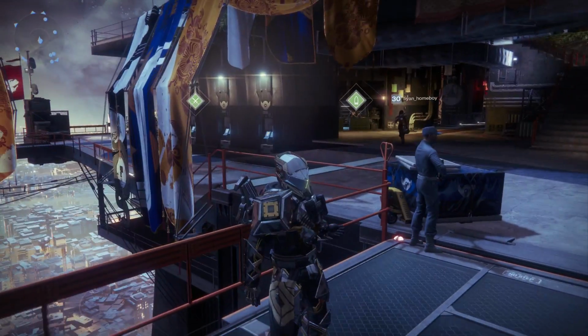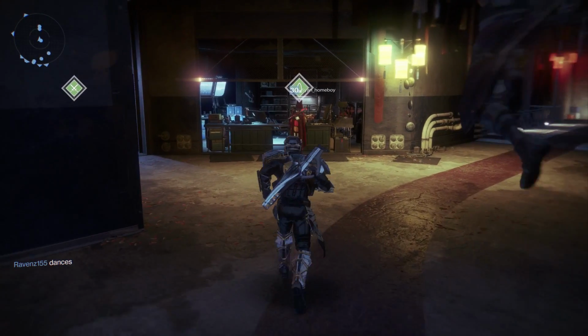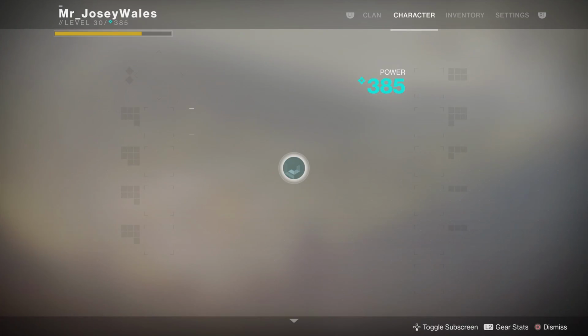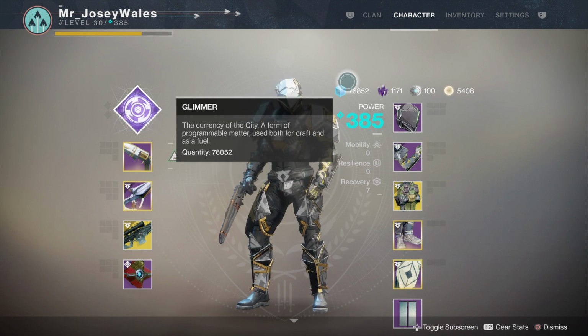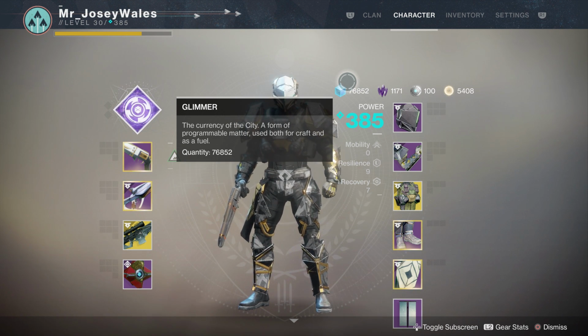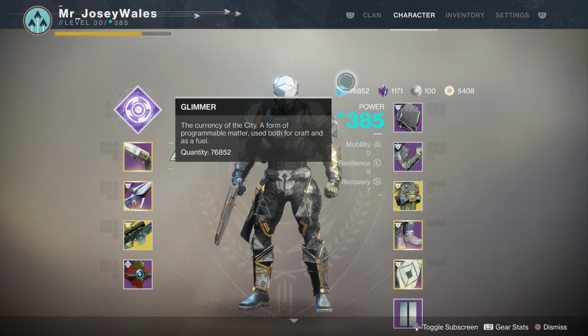The last thing I would recommend to get ready for the Forsaken DLC is to be aware and more opportunistic when it comes to your Glimmer. There have been so many times where I've been playing and breaking down gear and I'm not getting any Glimmer because I'm at the Glimmer cap of 100,000. So one thing I've been doing lately, and I try to be more aware of, is once I get close to that Glimmer cap,